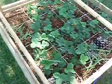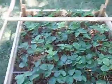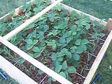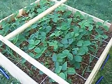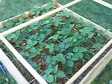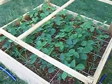And the second variety is what is called everbearing strawberries. And that's kind of a misnomer because they don't actually make berries all the time. They'll do usually 2 harvests a year, and that's early in the spring and then again in the late summer or fall. But sometimes they'll make 3 crops, like somewhere in between. So I guess everbearing is okay for a word, but it's kind of misleading because they're not actually making berries